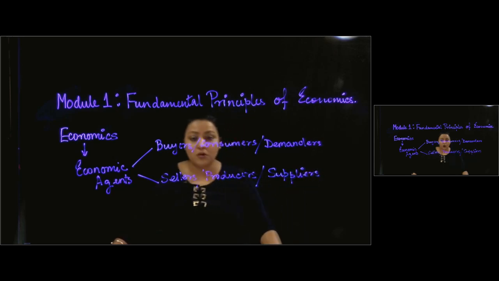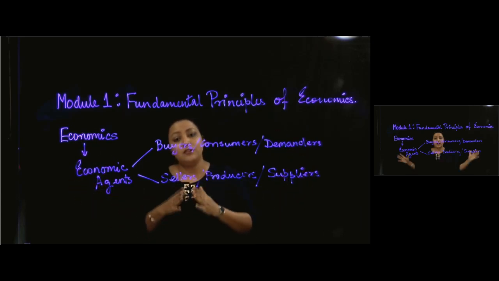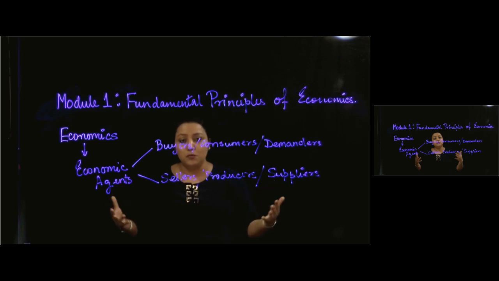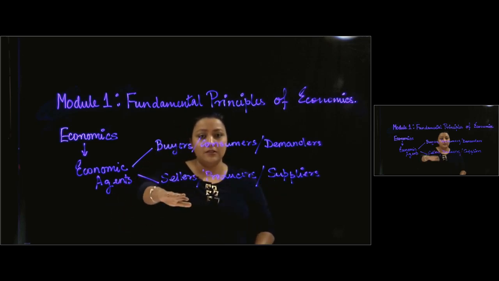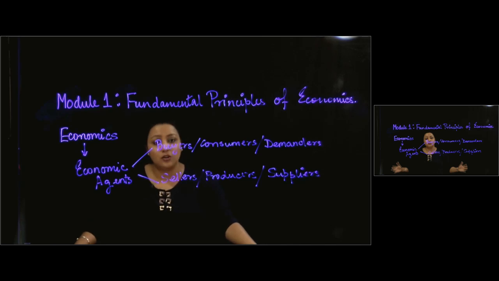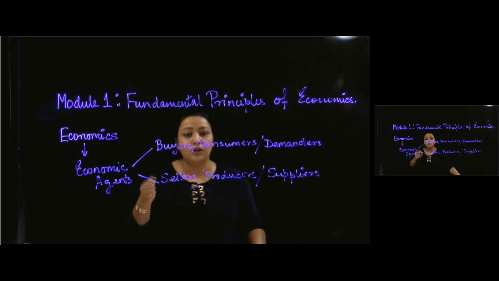So in economics, we are really dealing with the society as a whole and we are dividing the people living in this society into 2 groups, that is buyers and sellers, and these 2 groups taken together are known as economic agents. Now, once we have these people in economics, we are really studying the behavior of these individual economic